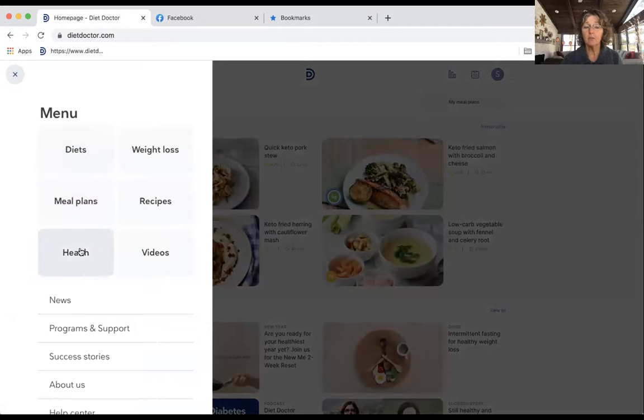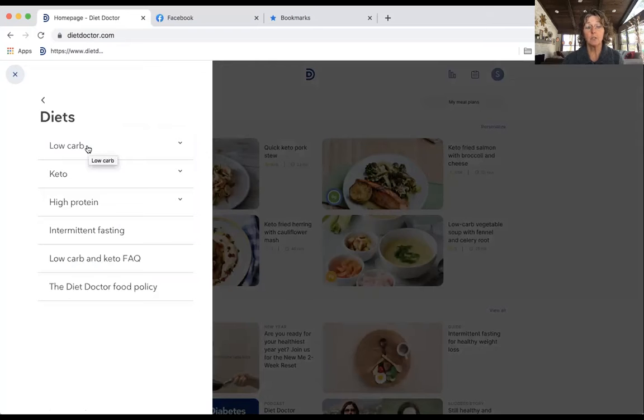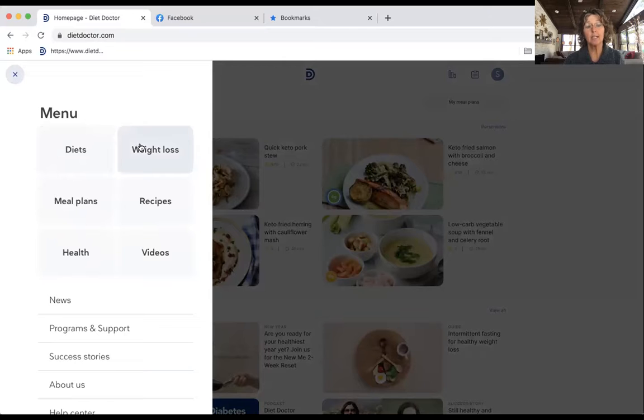And they're pretty self-explanatory, and I would just take some time to look through. Like with the diets, you can see the low carb, keto, so spend some time exploring that. Weight loss, again, some of their guides if you're there just for the weight loss. Meal plans, recipes,